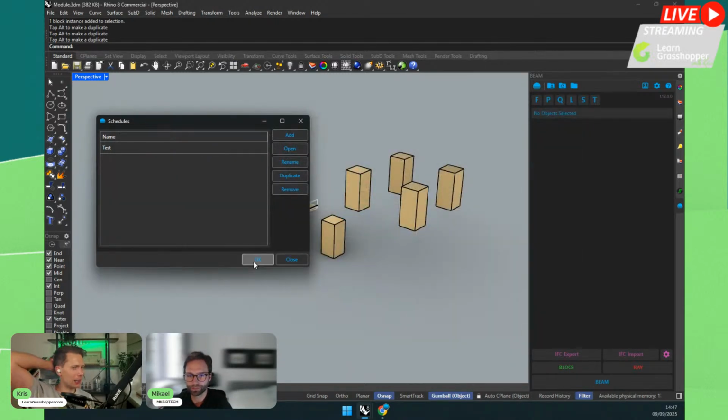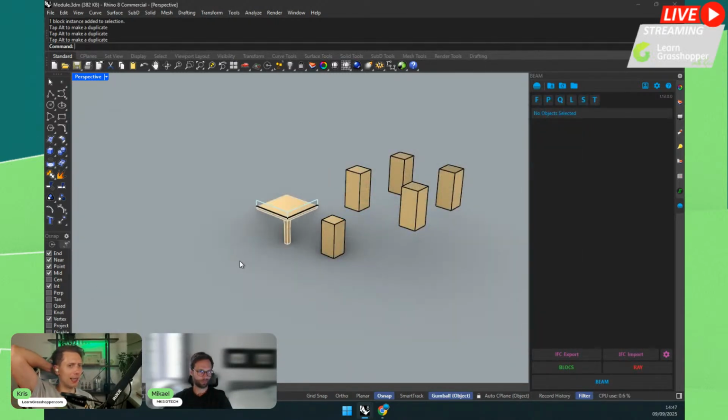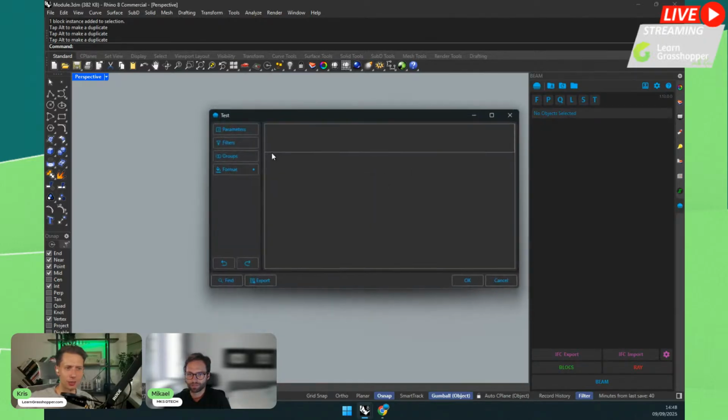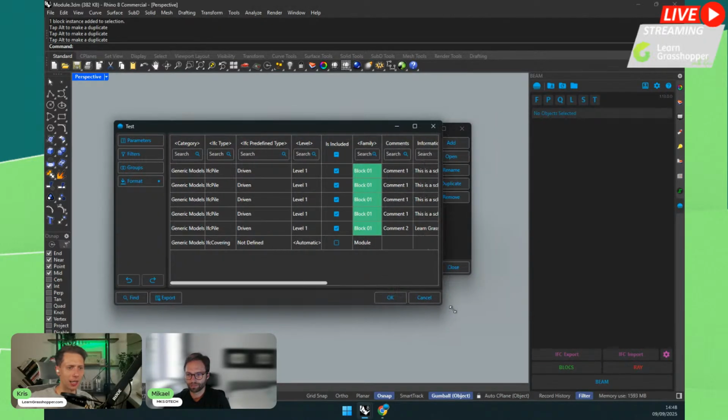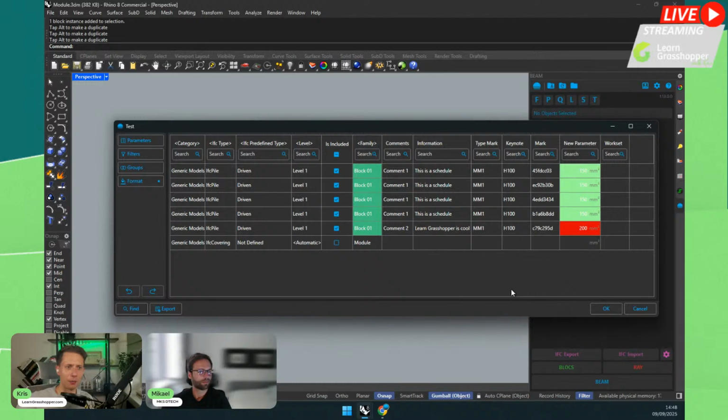Yeah, I can see lots of use cases that I can use. Of course, it's hard to imagine when you're just seeing the blocks and information like comments, but if you're thinking about a structure, there's lots of things that you can check on all the structural elements, and especially if you have some IFC files, I would like to manage or make changes.